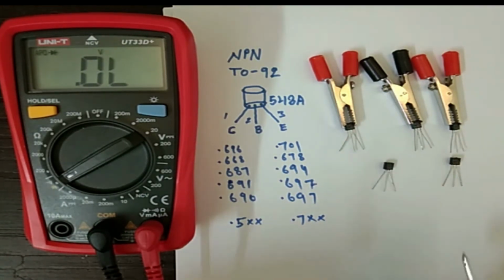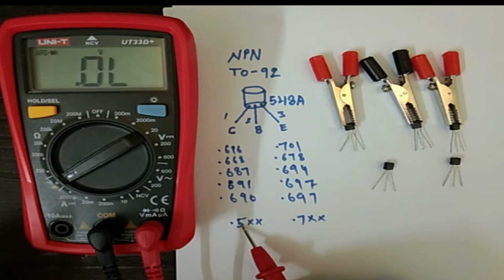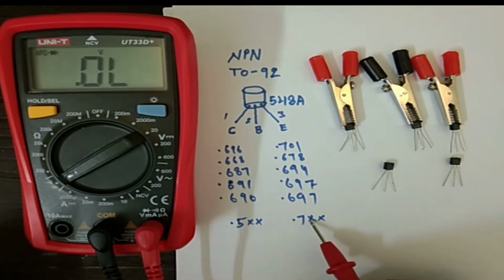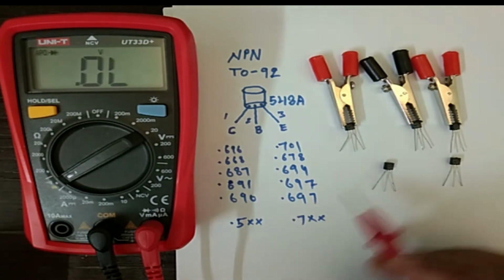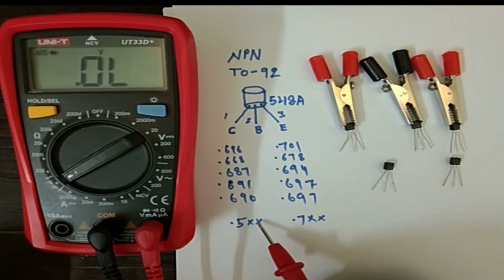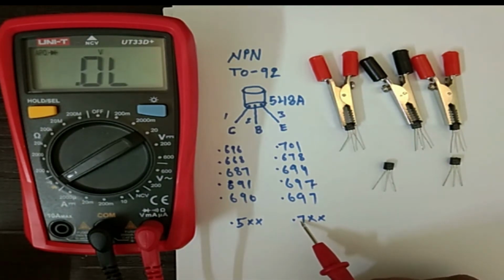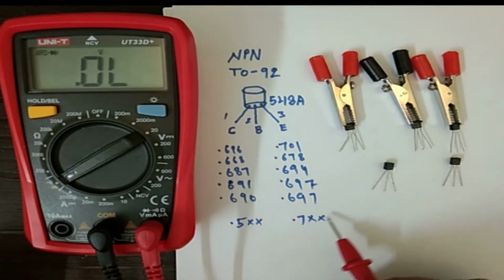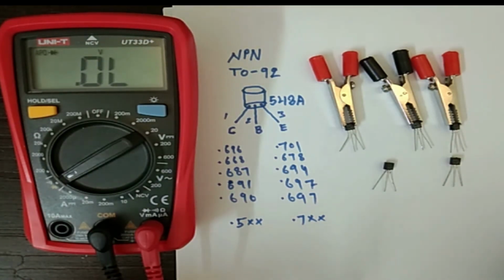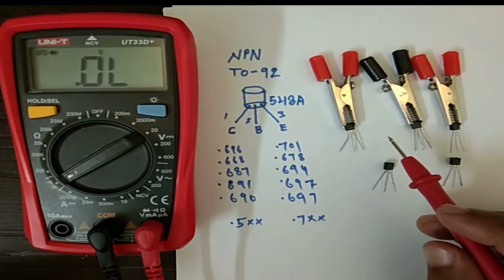This is the right way to measure the transistor. If you get this type of reading, and the reading may vary from 0.5 to 0.7, so this transistor is okay, up to 0.8 maybe. It depends on the manufacturer. In one company you will get 0.5 something, and in another company you will always get more than 0.7. So it also varies with the manufacturer and the manufacturing materials. Okay, so this is the good condition, the right condition to measure.